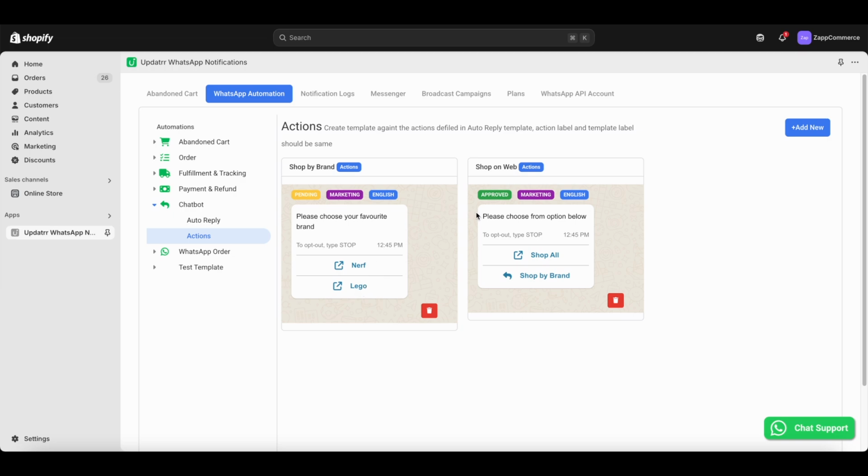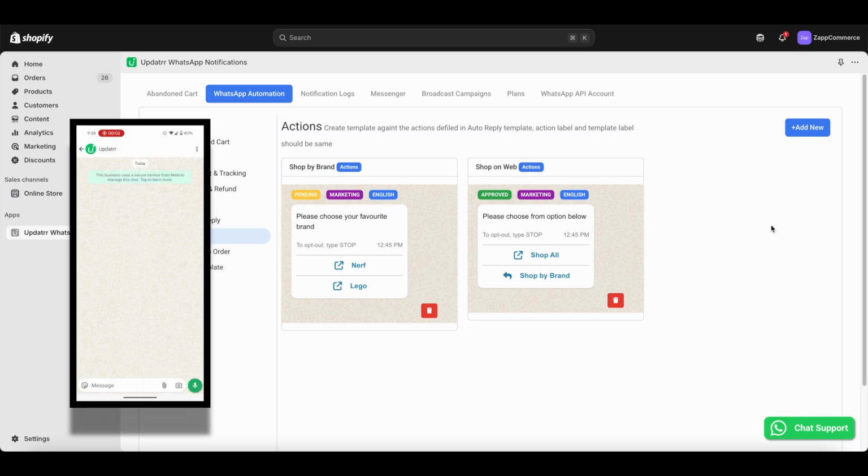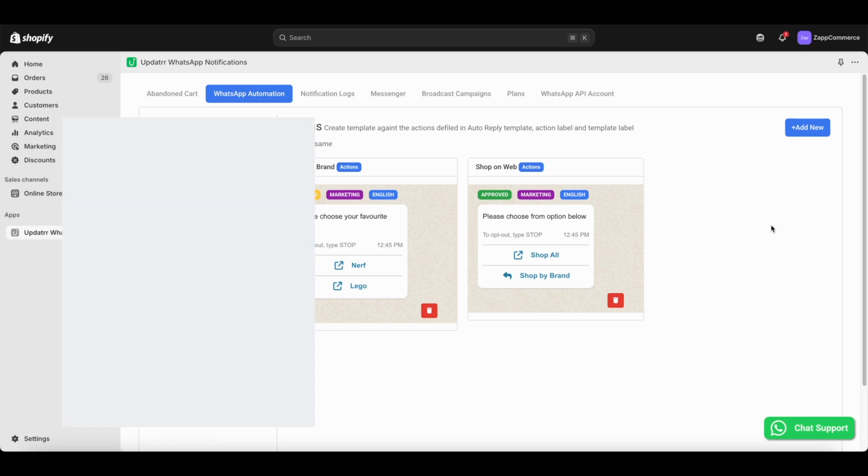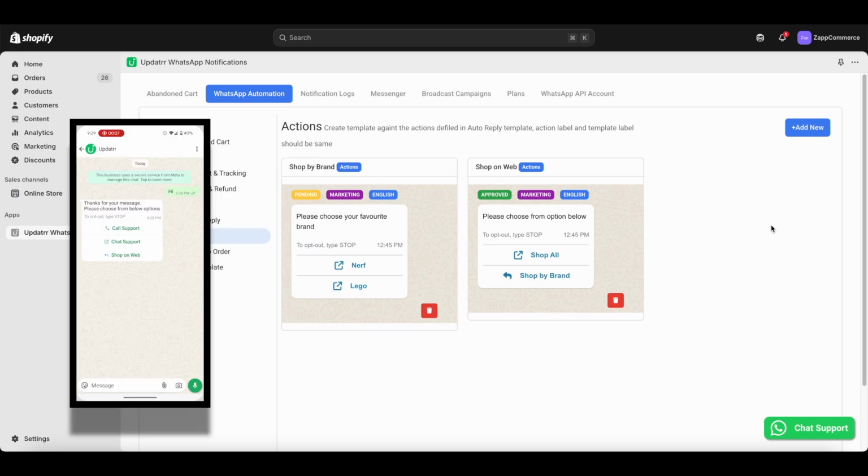So now let's test this chatbot. We'll send a message. Now we got three options. Call support will open a dialer, and then chat support will open a WhatsApp messenger, and then shop on web